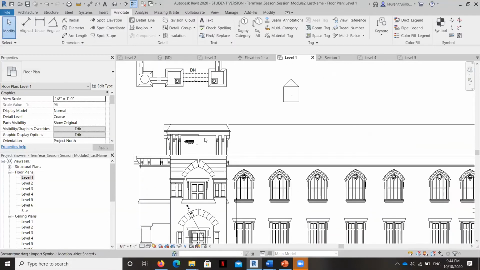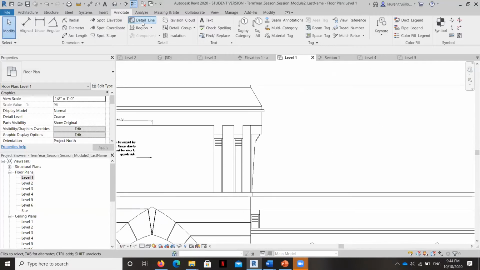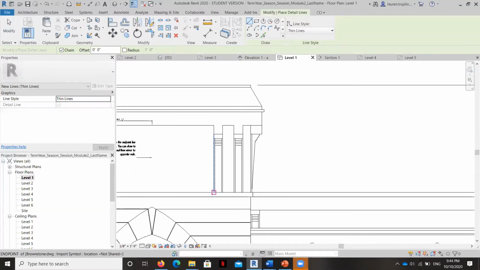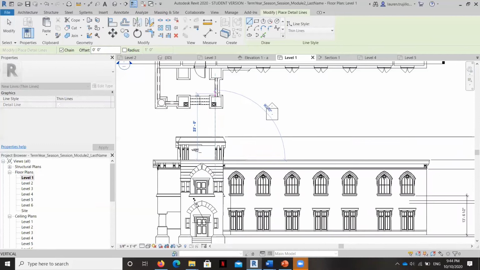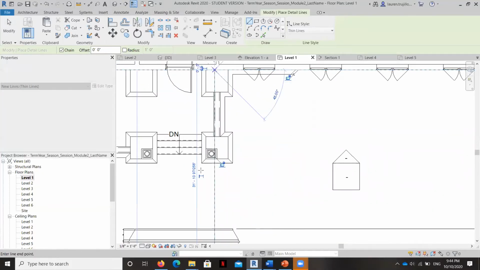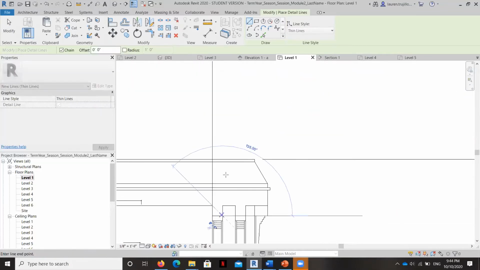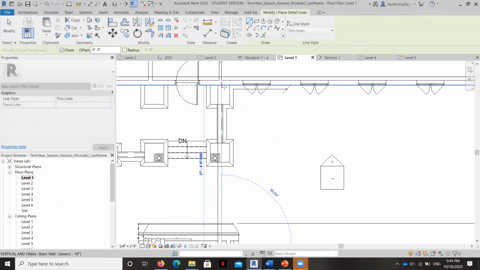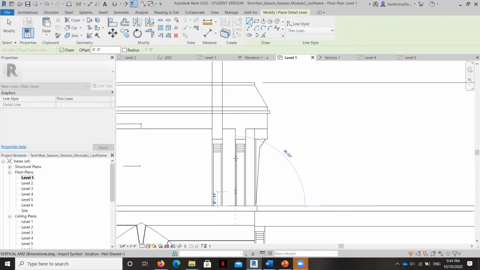So what we're going to do is begin by thinking that these are little columns here. I'm going to start with a detail line that indicates the width of these. We're going to imagine on our plan that there's one set here and another set here.